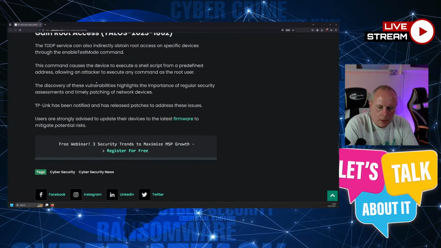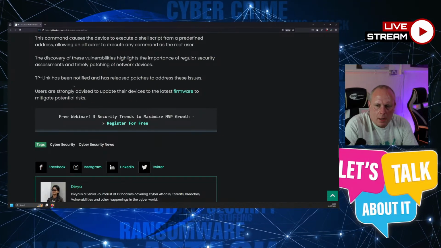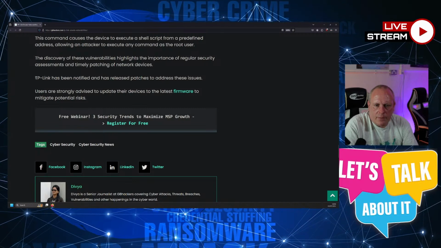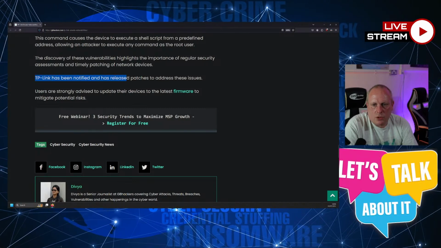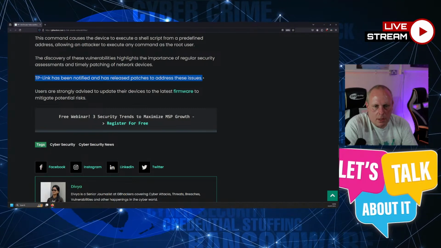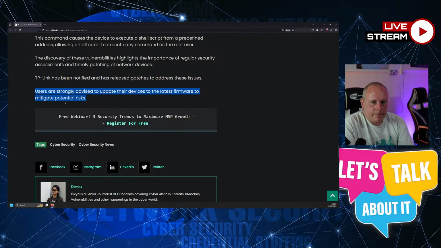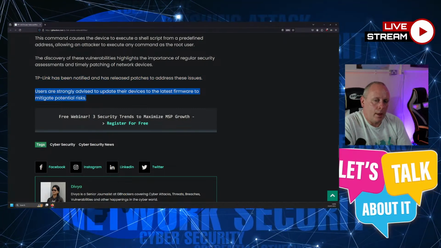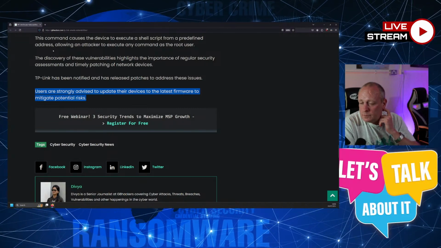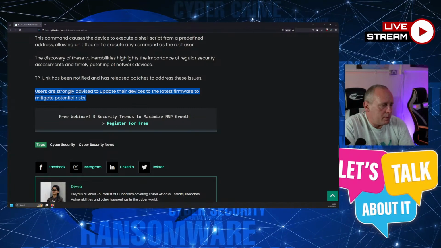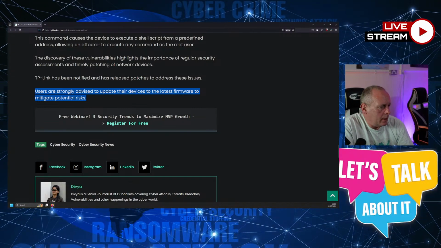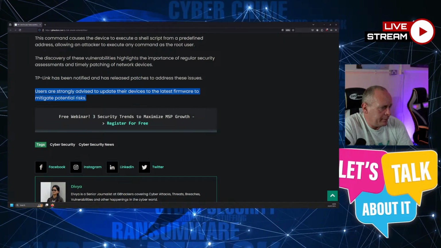I'm assuming there's information on this. So yeah, TP-Link has been notified and has released patches to address these issues. So users are strongly advised to update their devices to the latest firmware. I keep meaning to have a look at the Omada stuff, but it means me buying it just to play with it. I might do some videos on it.